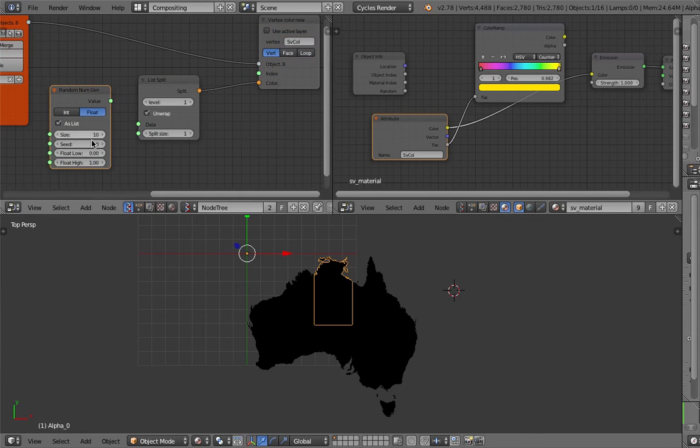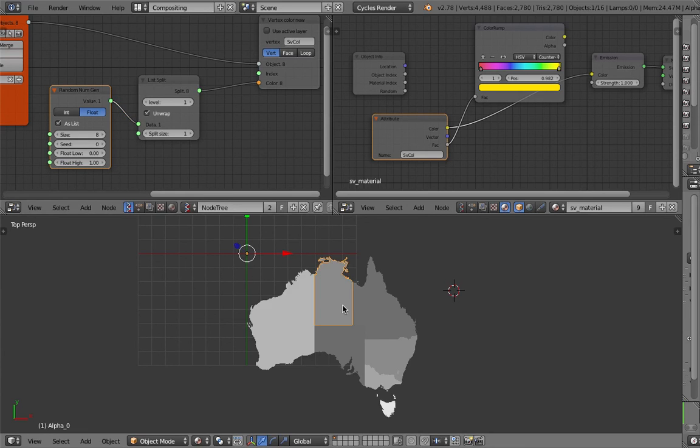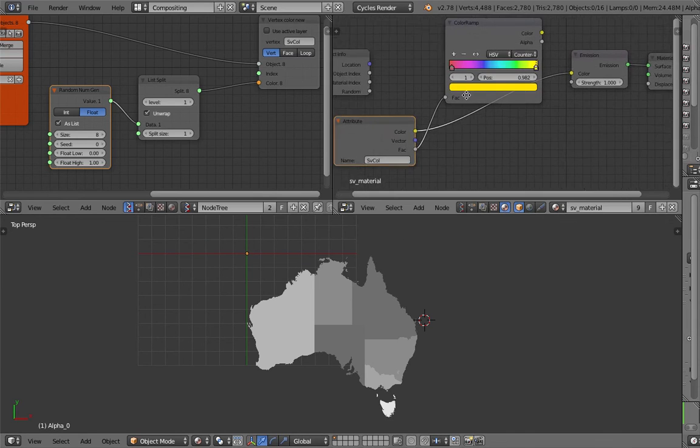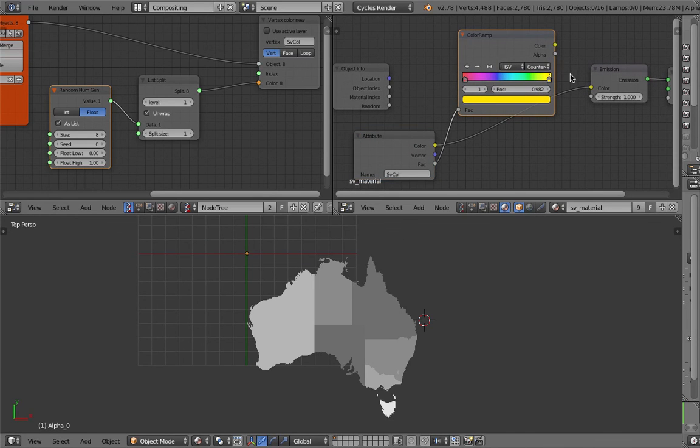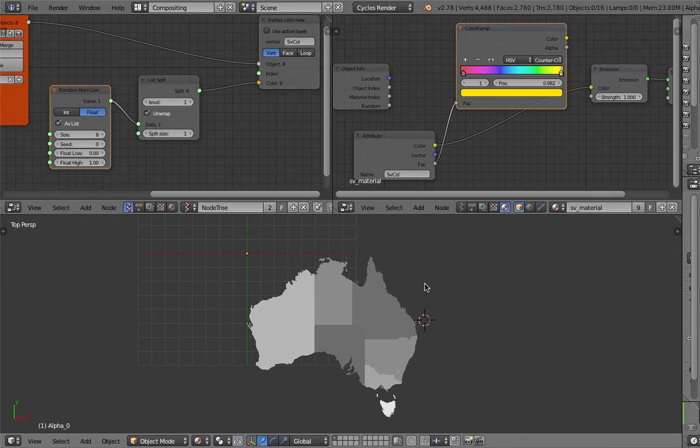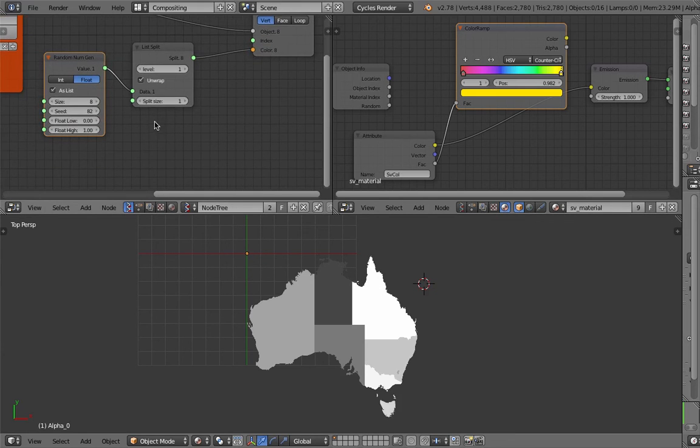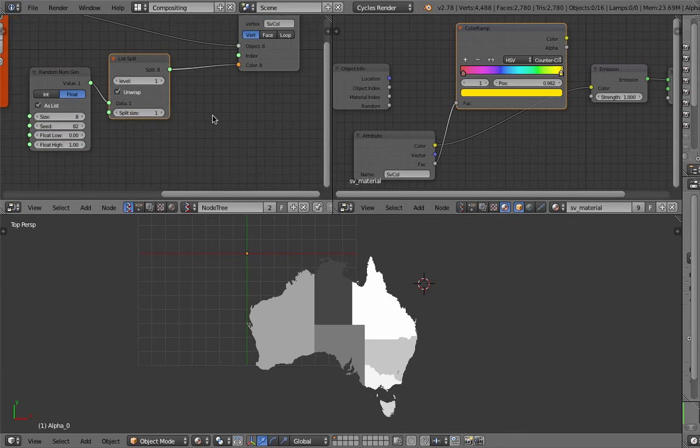Assign it a float between 0 and 1 and size of 8. Plug this in, and there you go. That's our color vector. It's our vector value that's plugging into this rainbow color ramp, and really we are colorizing it. More specifically, we can randomize this coloration because this node is actually spitting out different